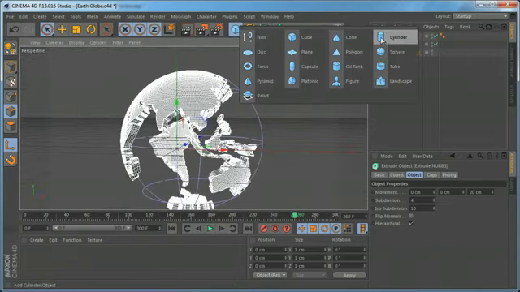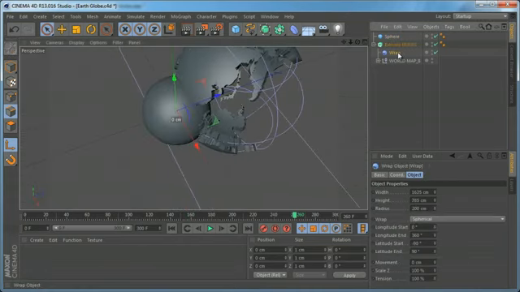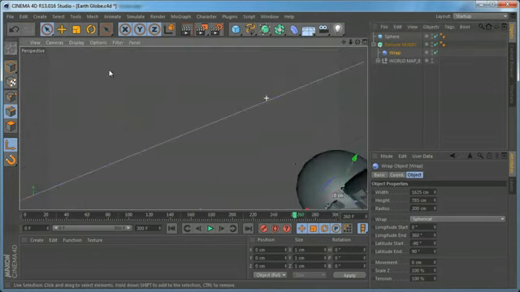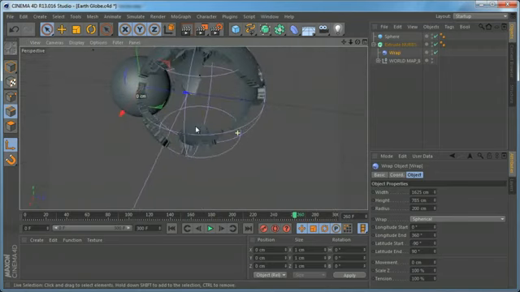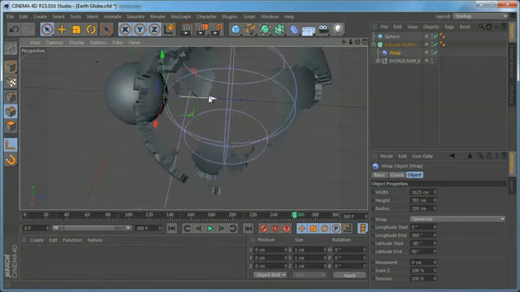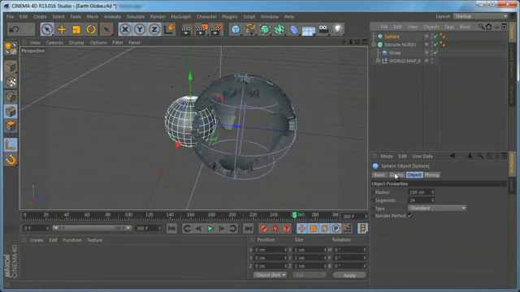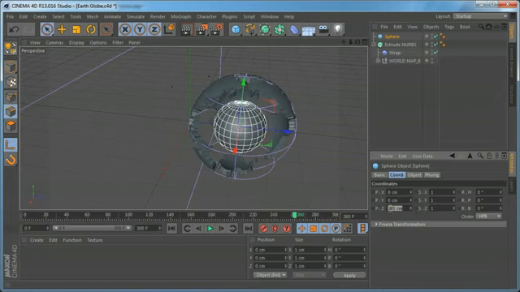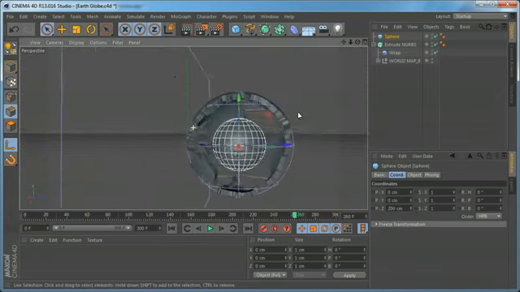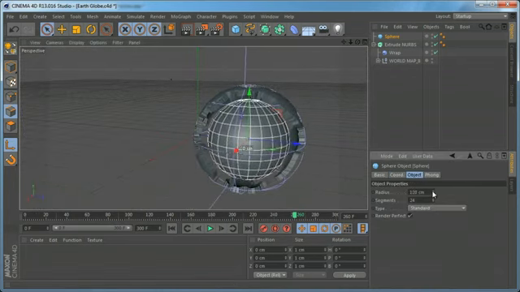We need to create a sphere, and we need also to move our sphere or the Earth map in order to have our sphere in the center. So let's select the sphere, come to coordinates and move it 200 units on the z-axis, and now we can go to object and increase the radius of the sphere